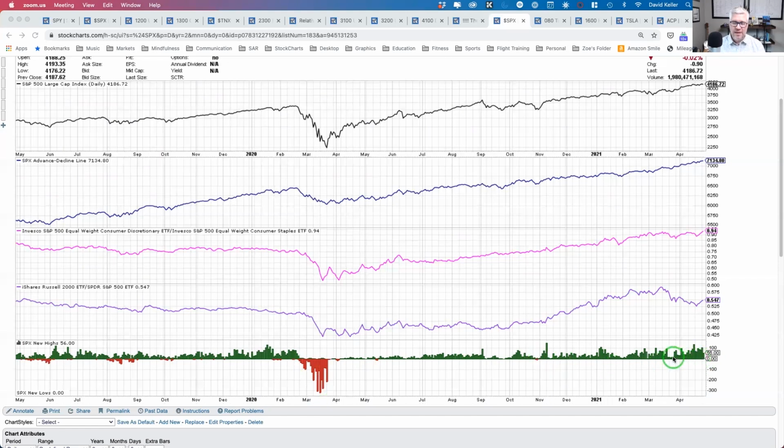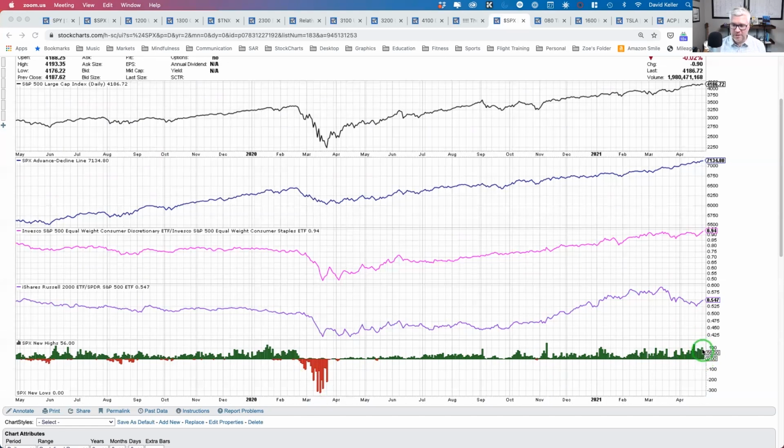And overall, a healthy uptrend has an expansion in new highs. You're going to have more and more stocks making new 52-week highs, as stocks are not just in uptrends, but breaking new ground, pushing the index higher. So if the index is going higher, you want to see a healthy number of S&P stocks making new highs as well.